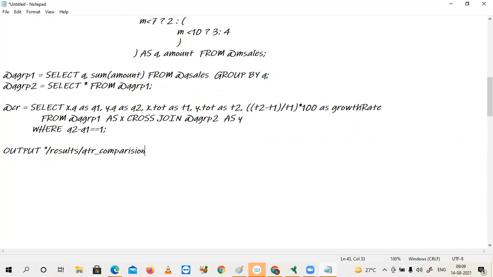Output to your output file, giving some extension like .csv. Got it? So your output file will be stored.